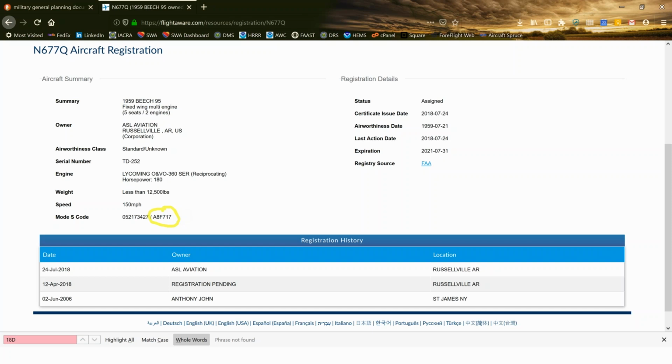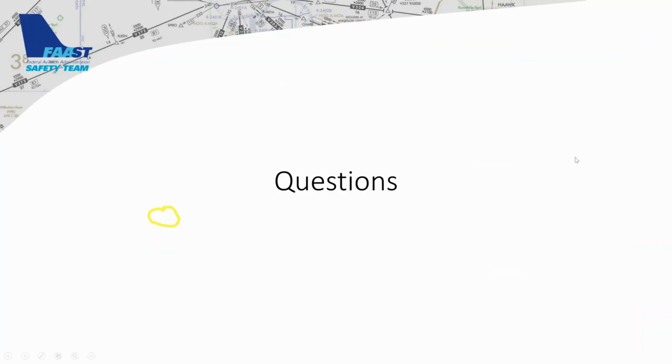So when your strip prints out with the center, I don't know if the strip would have it on it. Maybe if there's any ATC folks in the room, they could tell me. But I know the system would know your Mode S code, and that would be associated with your flight plan. So if that didn't match, that may cause some sort of system error, and you'd pop up as kind of an unknown aircraft. We can follow up on that one as well.